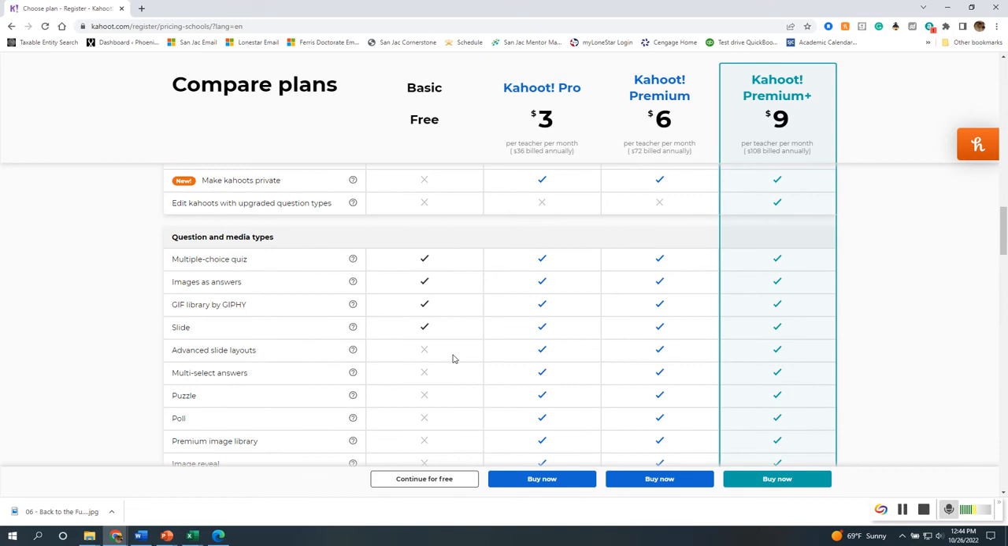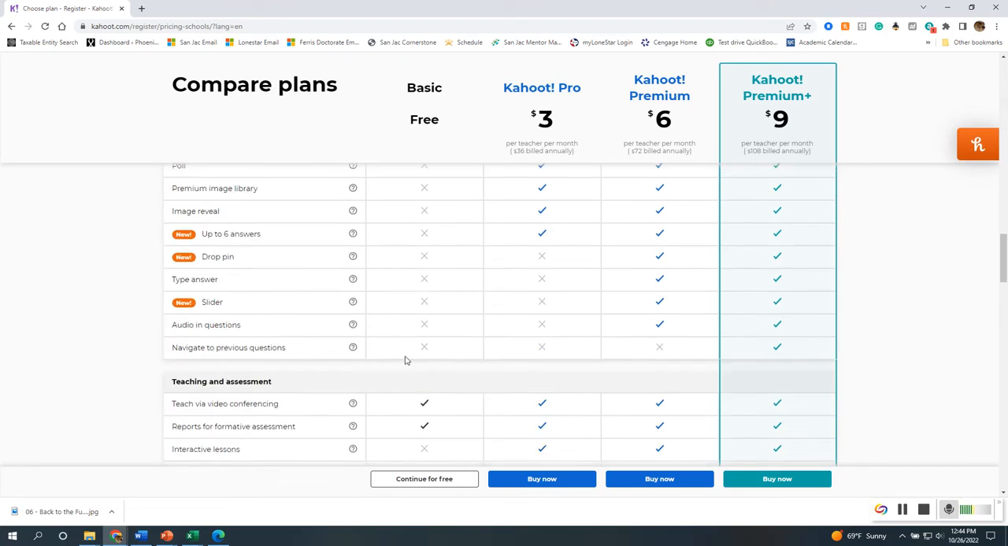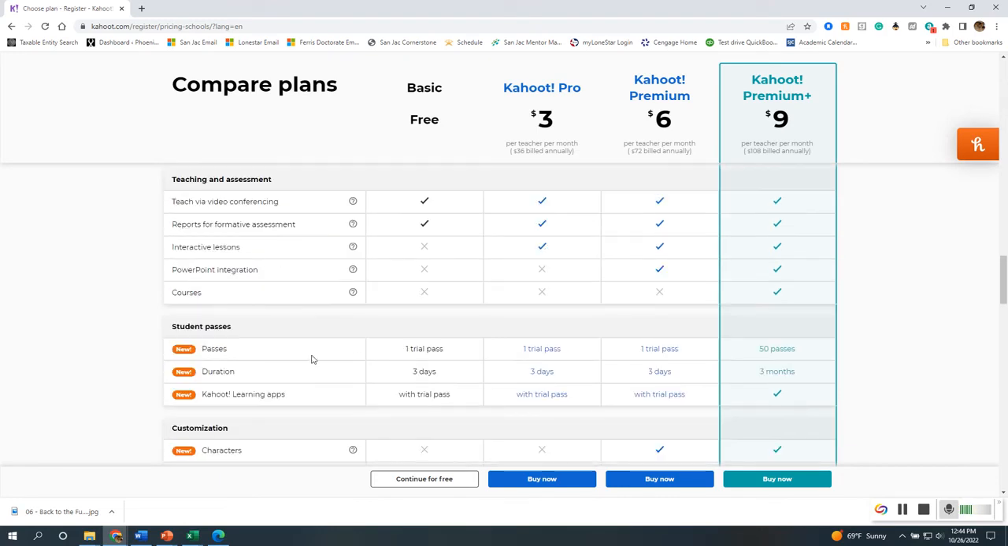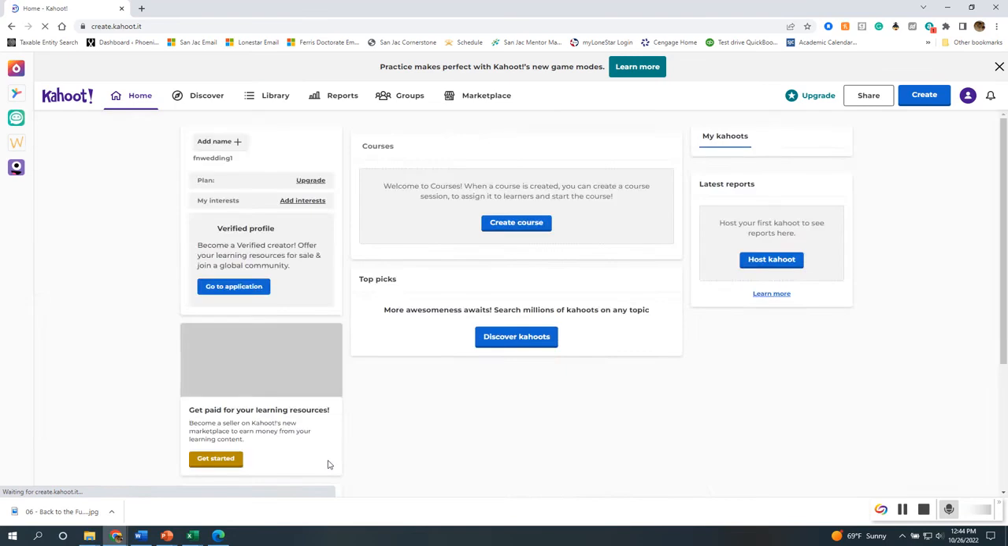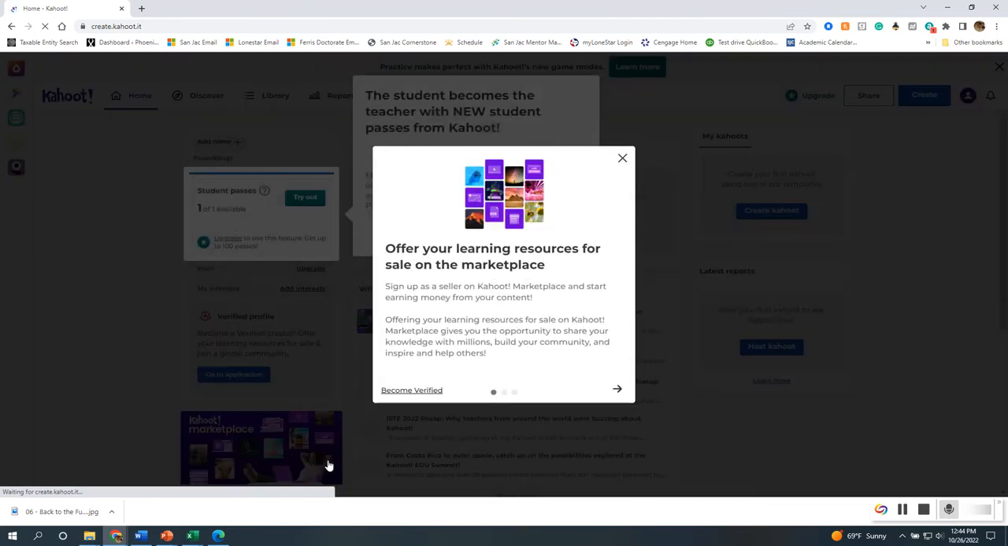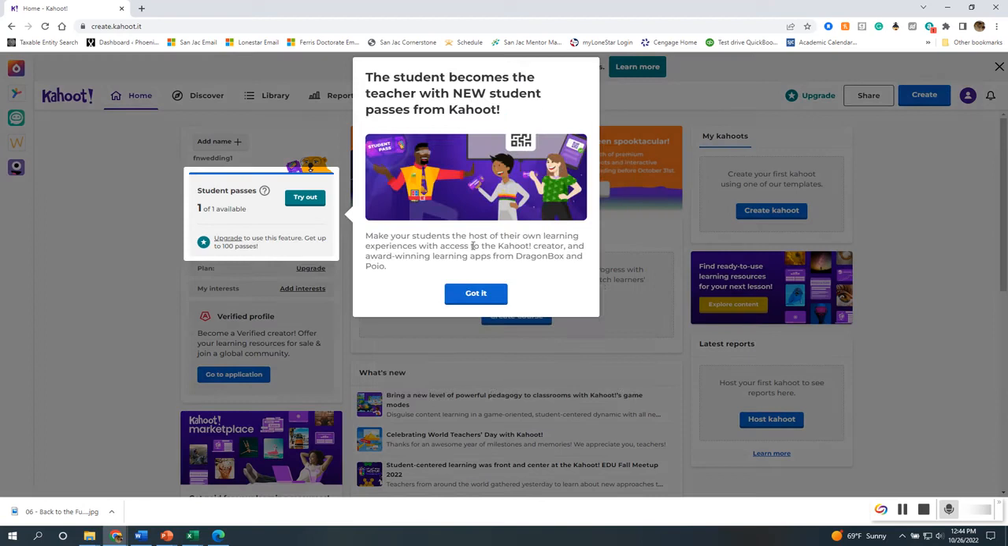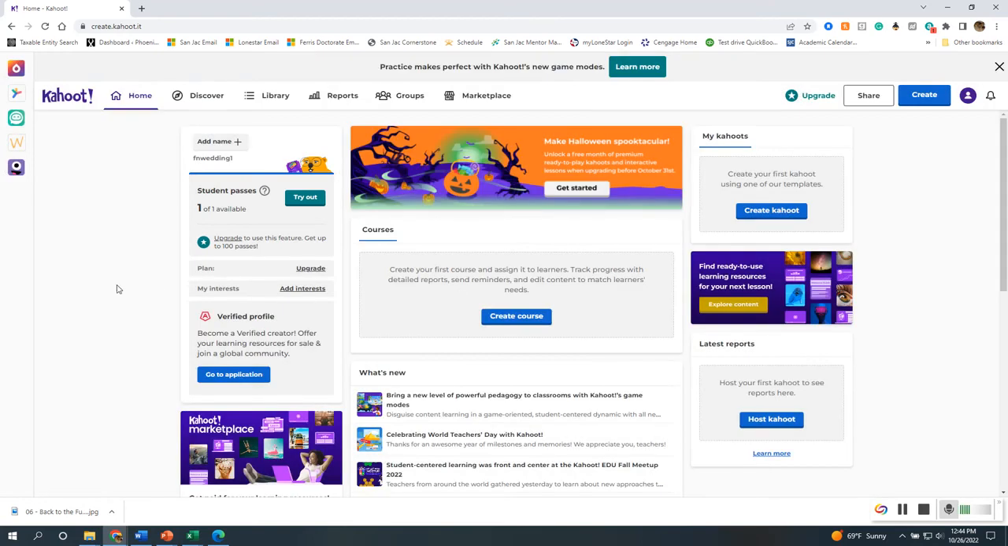Again, it will show you all the other things that you can do. But we're going to go ahead and go through the items that we can do currently. So we're going to continue for free, and it's going to load up. And this is basically our